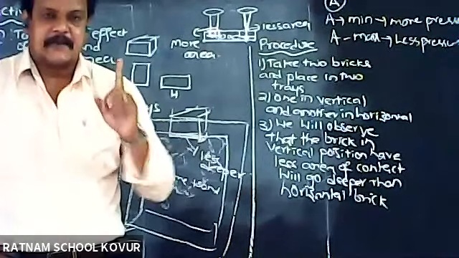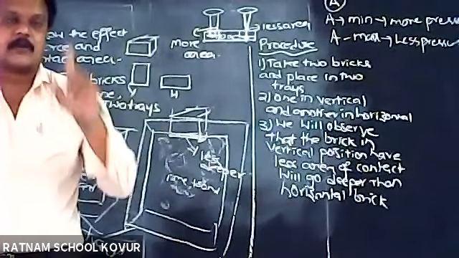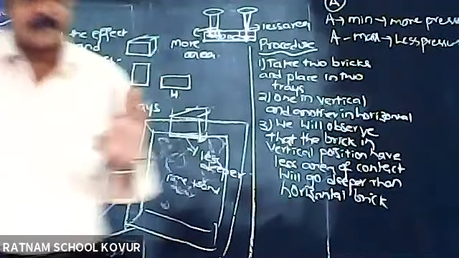What do we call 1 kg meter S power minus 2? It is not an SI unit, it is 1 Newton. 1 Newton is equal to 1 kg meter S power minus 2. And 1 Newton is equal to how many dyne? 10 power 5 dyne. You understood the units?